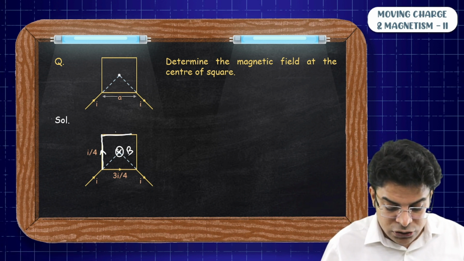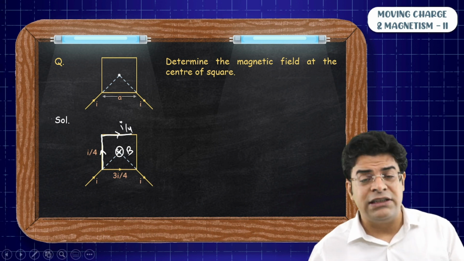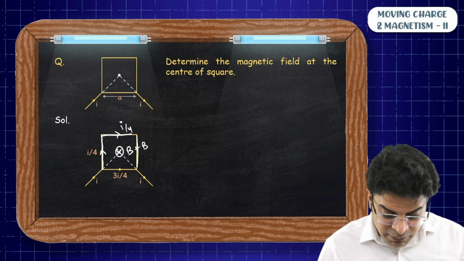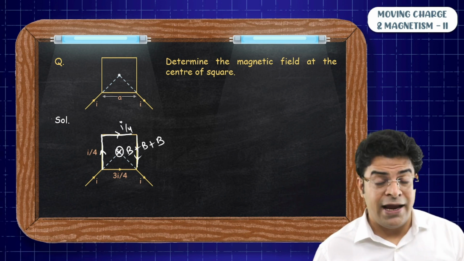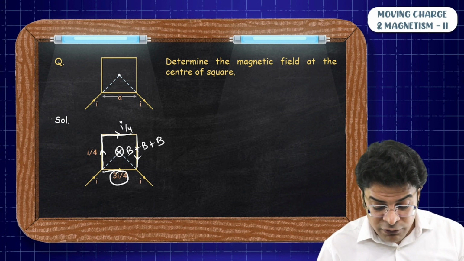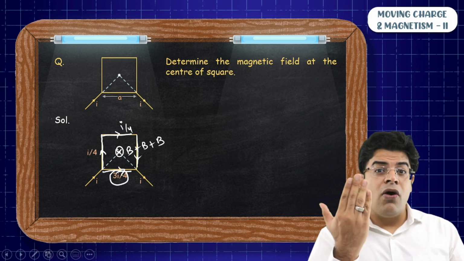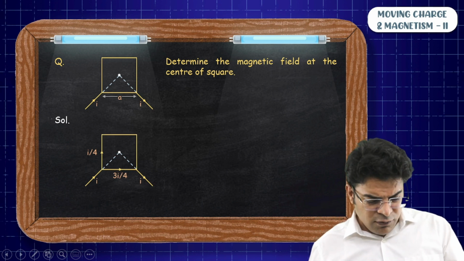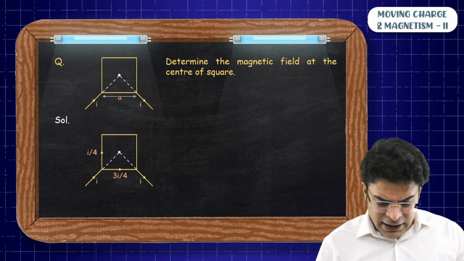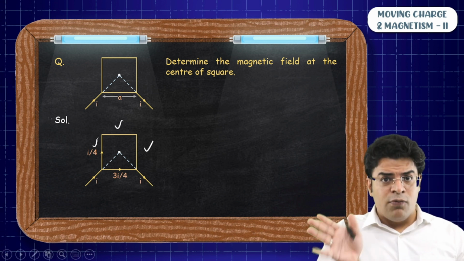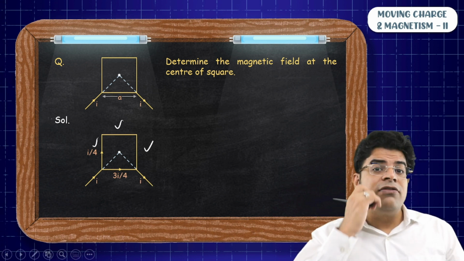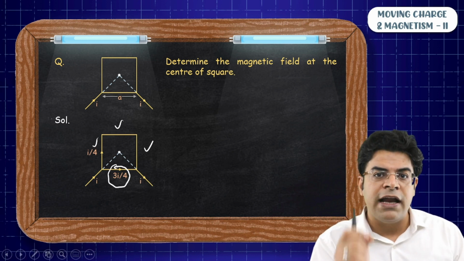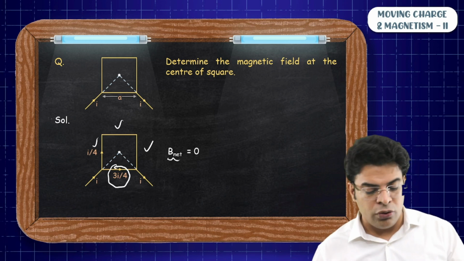Now let's say this current of I by 4 produces a magnetic field B inwards. Then this one will also carry the same current, is at the same distance, has the same angle, so it will also produce magnetic field B inward. And this third part will also produce magnetic field B inward. But this part which has 3 times the current will on its own produce a magnetic field of 3B outwards. So sir, what are you trying to say here? The magnetic field produced by these 3 parts inward combined will have the same strength as the magnetic field due to this single part outward. So the net magnetic field at center is going to be 0.